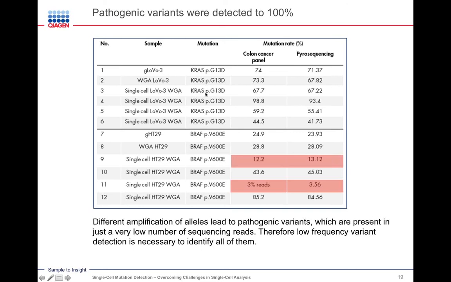Here you can see that the allelic fraction for this individual cell for this KRAS mutation is 67%. Here we're in the 90th percentile, around the 55th percentile. But again, you can see that the single cell amplification is consistent and confirmed by the pyrosequencing. So we have really good evidence that this is a great way to characterize the individual characteristics of single cells, as opposed to a bulk amplification, where you have a completely different understanding of what the characteristics of the